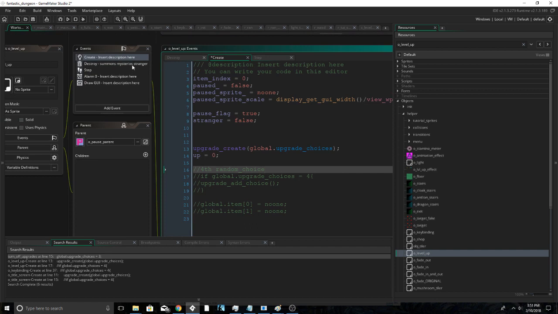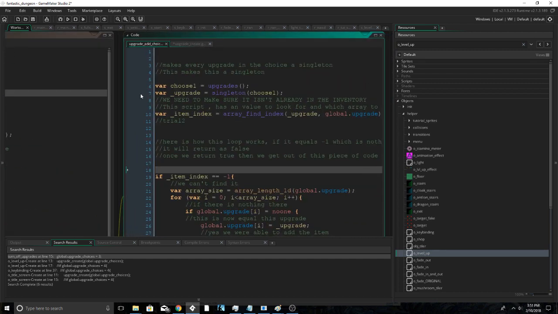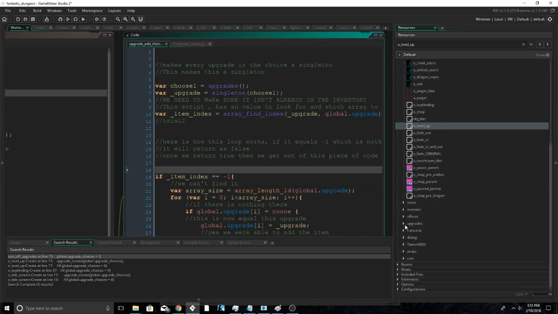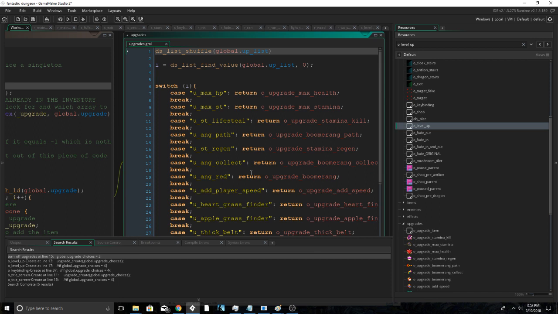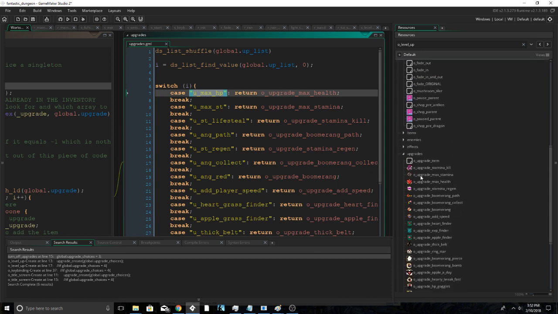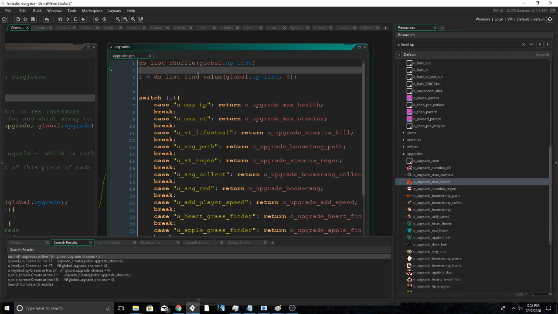It's very important that they do exist in the room because we are going to be shuffling them in later. So now that we have some upgrades, we're going to start tying in the titles that we created in our item list, and then we're going to be tying them in to these new ones. So what it's going to essentially do is say, well, I have just shuffled this list,